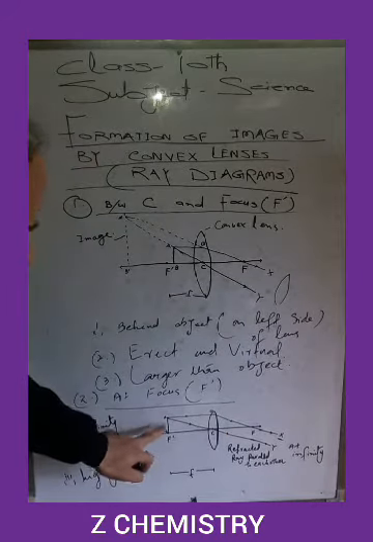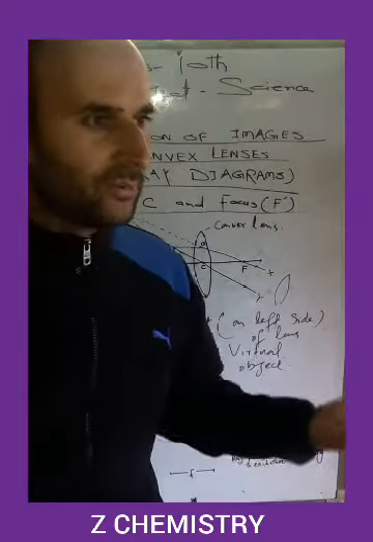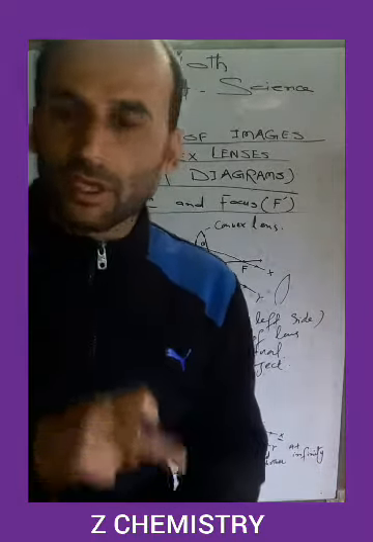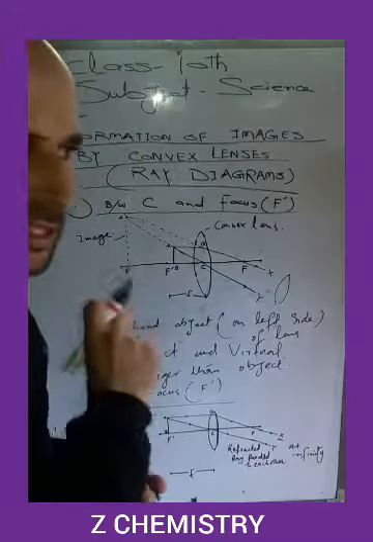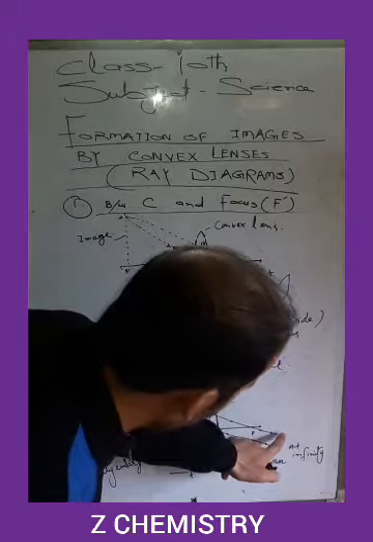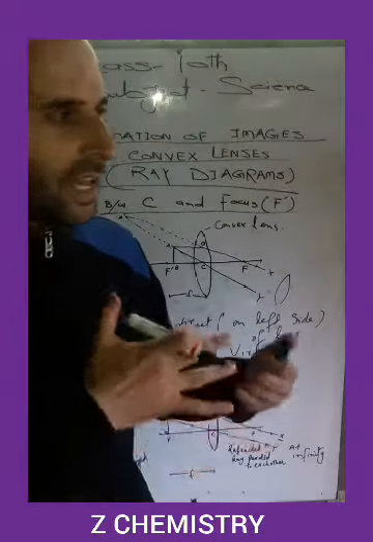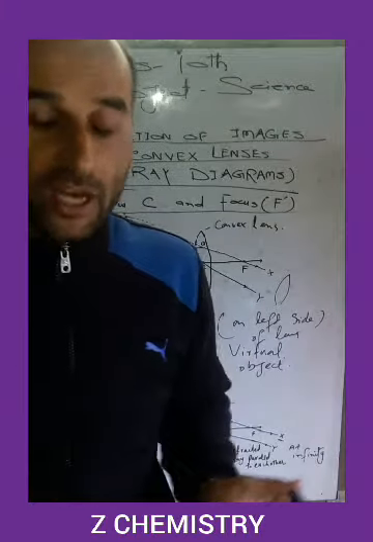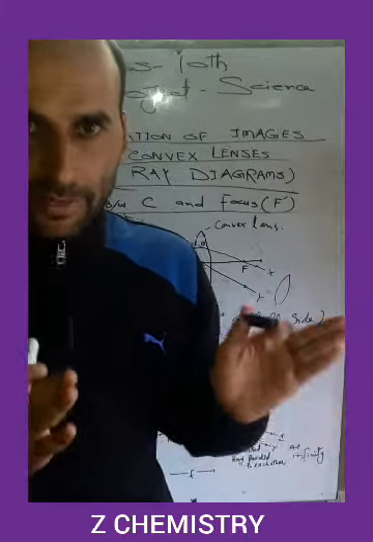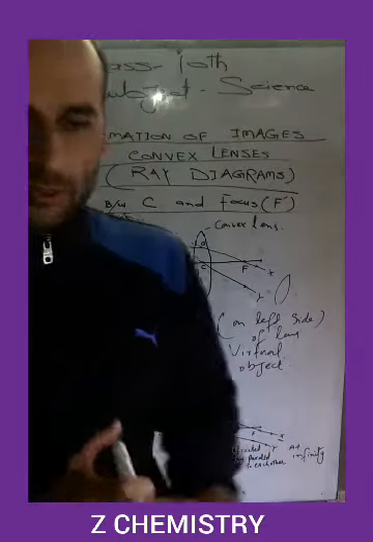Another ray goes through the optical center. As we know from the rules of refraction of light, any ray which goes through the optical center goes straight. This ray goes straight as Y. This X and Y are refracted rays, and both these rays are parallel to each other. And whenever there are two parallel rays, it is believed that these rays do not intersect